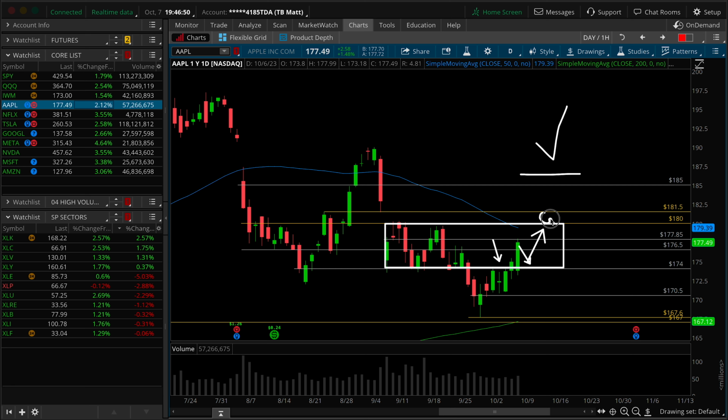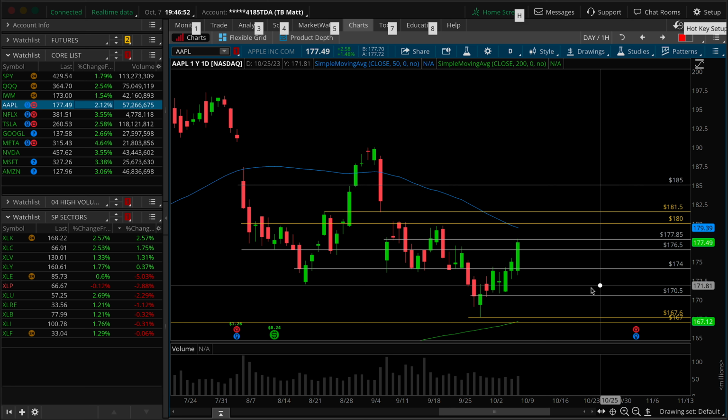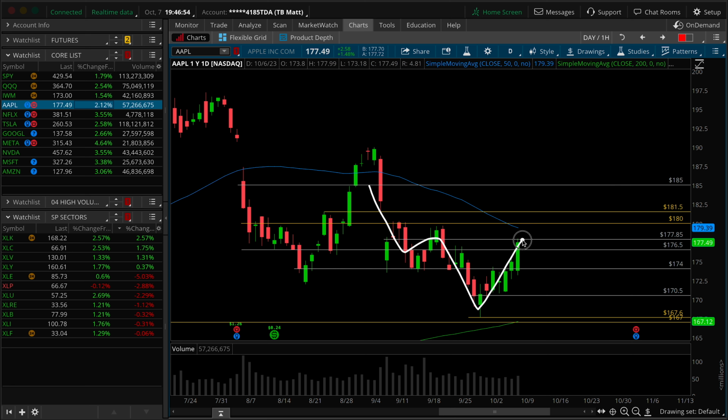We do have a gap overhead to close. 180.50 is the level, and for all the pattern traders, you could start to imagine how this turns into a daily inverted head and shoulders for a stronger bottom. We did find support, and in hindsight it starts to look a little bit more obvious, right? Around that daily 200 SMA, I'm honestly a little impressed that we did not produce a lower high underneath this